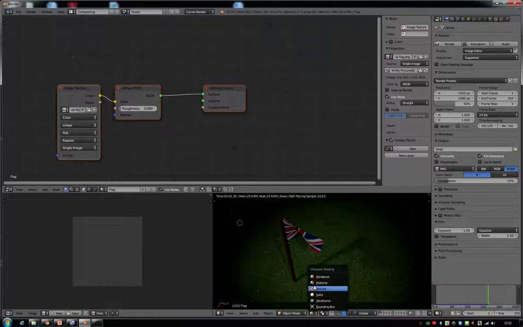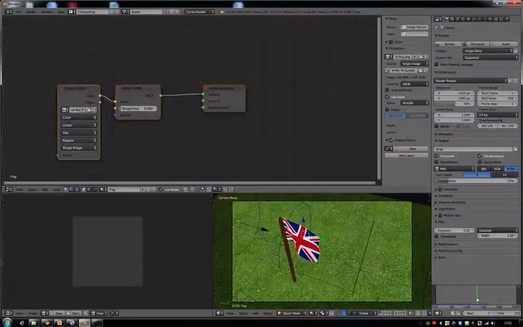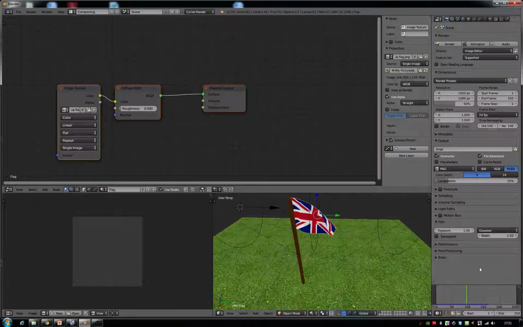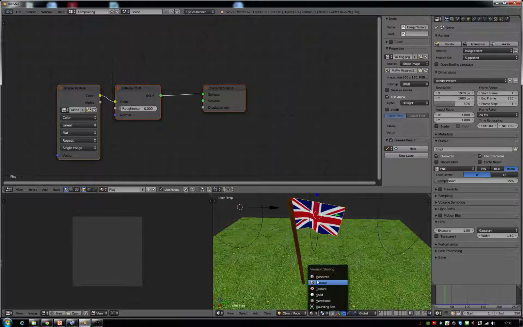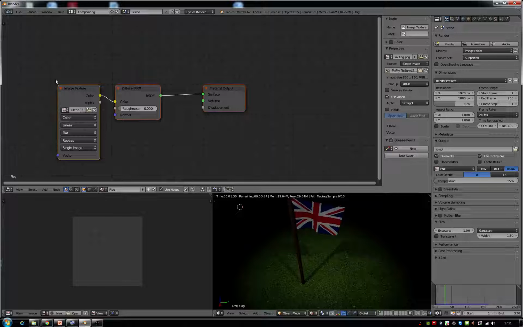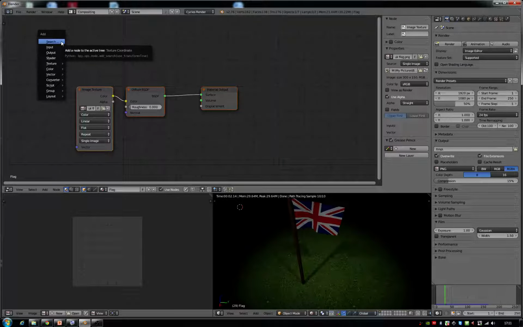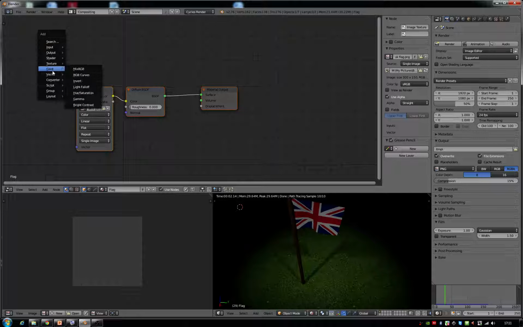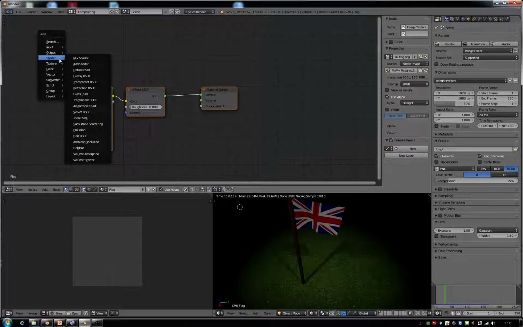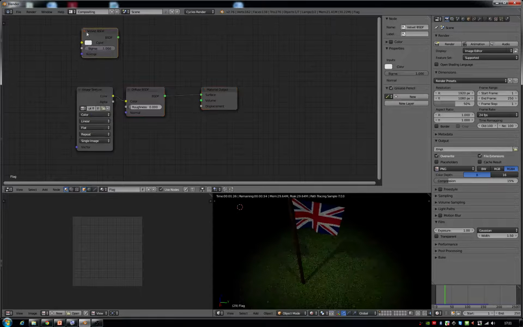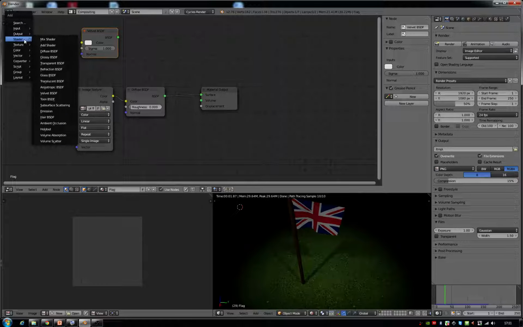So in fact, I'm going to go back to a different frame where it's easier to see most of the flag. There we go. And then I'll change back to rendered mode. Okay, so let's add a new texture, sorry, a new shader, and we're going to go for velvet this time. And the colour that we want, we're going to go for a ramp,